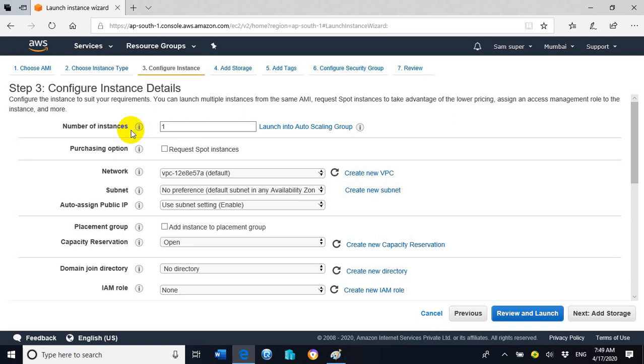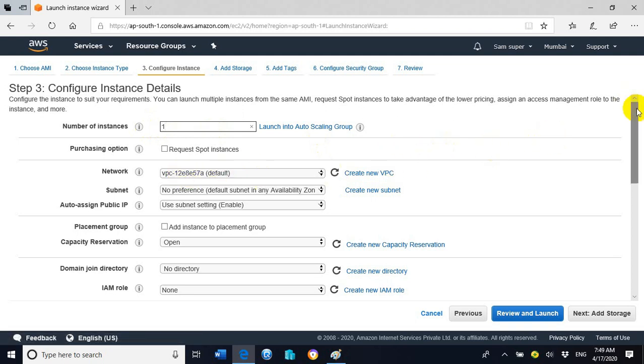So if we want to create two virtual machines at the same time or two EC2 instances at the same time, then we need to change the number here to 2. If you want to create 2 or 4 or 6 or 7 or 10 EC2 instances at the same time, then we need to enter the specified number. Whatever the number we enter here, that many EC2 instances we will create. But here I have a requirement to create only one EC2 instance, so I will type here 1.